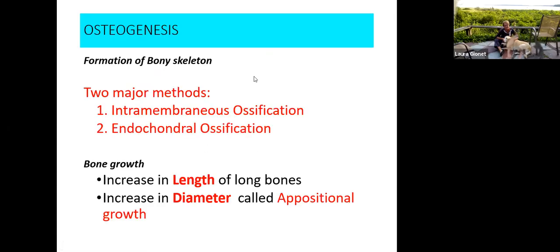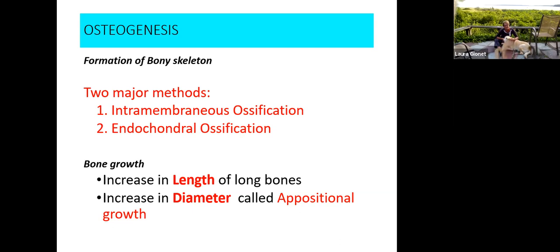All right, so now we're going to talk about formation of bone, which is called osteogenesis. And we have two major methods that you form bone. You either do it through what's called intramembranous ossification or endochondral ossification. And that's our bone lengthening. Bone growth is in two directions, so to speak. Especially in long bones, which we're primarily looking at, we have to grow bones in length, and we also have to grow them in diameter, which is called